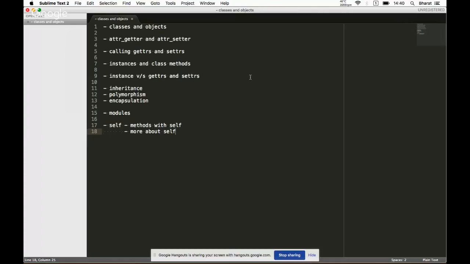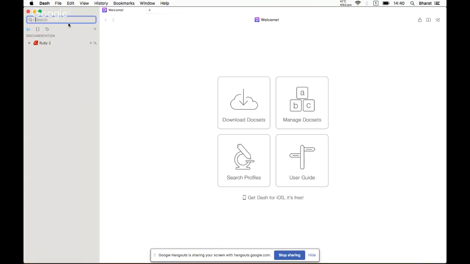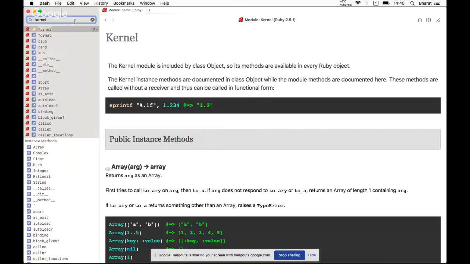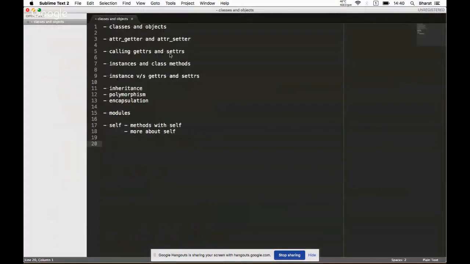So the things that I got wrong during the assessment were things that I actually didn't know. The fact that Kernel is a module, for example. Of course, now that I look at it here, it's clear. So what this did for me was just to think of the fact that not everything is a class by default, that there are quite a few modules in Ruby, and you should pay attention to what is a module and what is a Kernel. Yeah, so that was good.